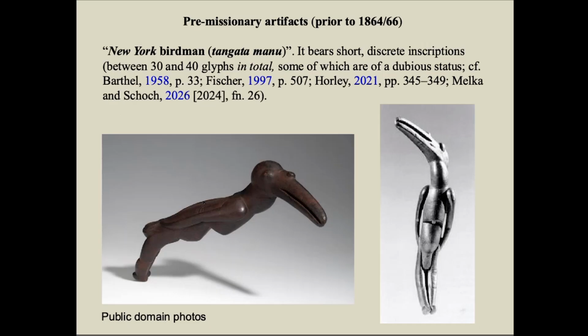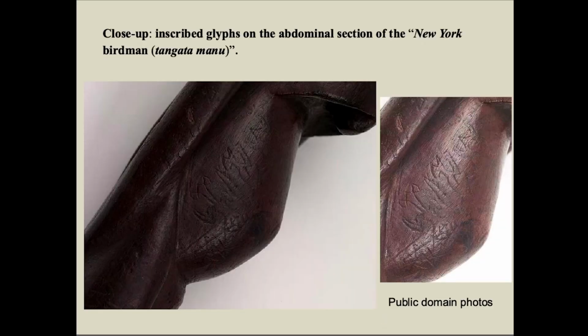So there are specimens that are non-linear. This is one of the, quote, classic ones because this is part of the standard corpus. This is the so-called New York Birdman. Some people argue about it because it wasn't known until the 1890s. No one actually knows who collected it or when. It's only known that it showed up at an institution in the 1890s. But it has on it rongorongo, and it has sort of scattered